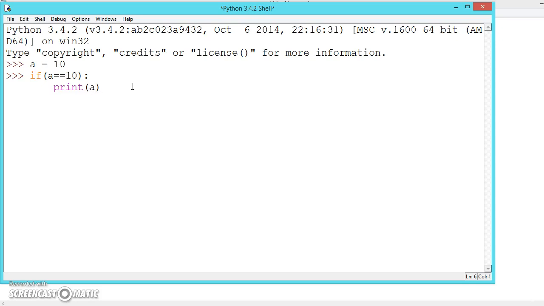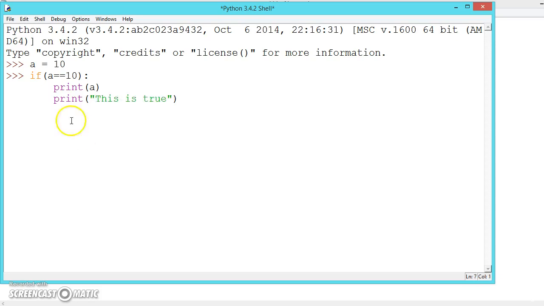We can write any number of lines of code below this if statement. So these spaces you should be careful about. If the system doesn't indent automatically, you should indent the space so that anything under this belongs to this if statement. So now let us write anything inside this. You can write "this is true".